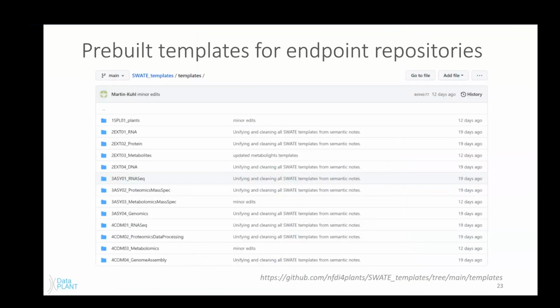In addition to, say, an RNA sequencing or a DNA sequencing experiment, we also are developing templates specifically for repositories. So what I mean by this is, if going into an experiment you are going to upload your data to metabolites, you already know that that's a possibility. Then you can select a template that already has that repository in mind. So it already uses the terminology in that repository, so that when you go to upload your metadata or your data at a later point in time, you don't have to sit there for hours sifting through, trying to translate your terms into what metabolites requires. We've already developed templates that in theory do this for you.